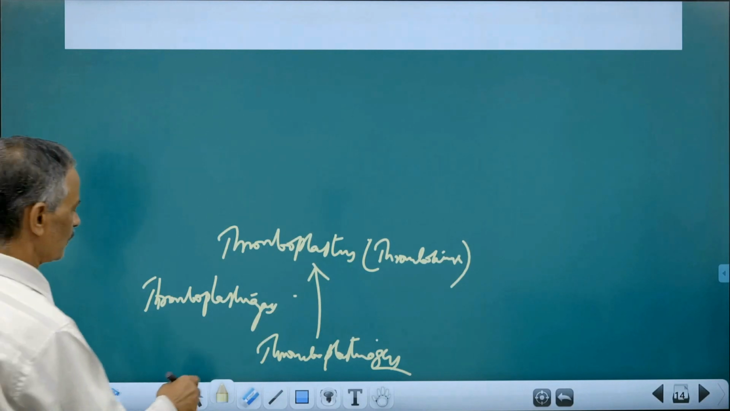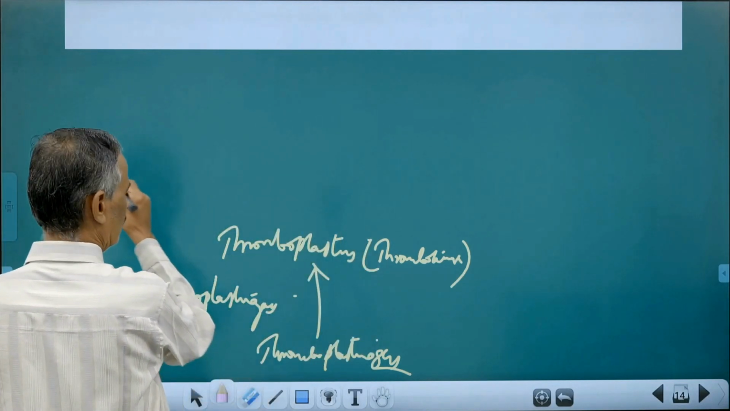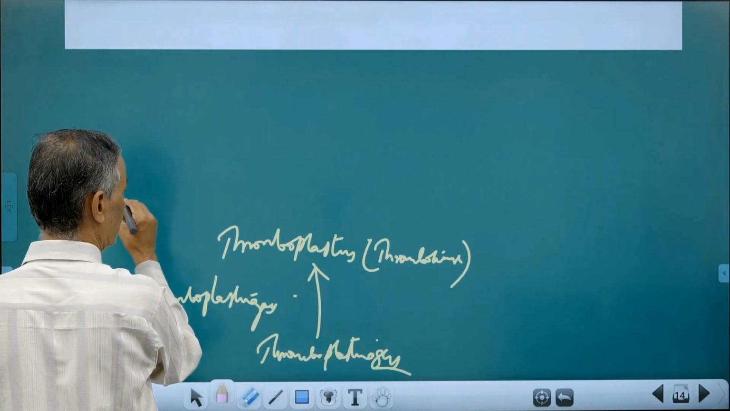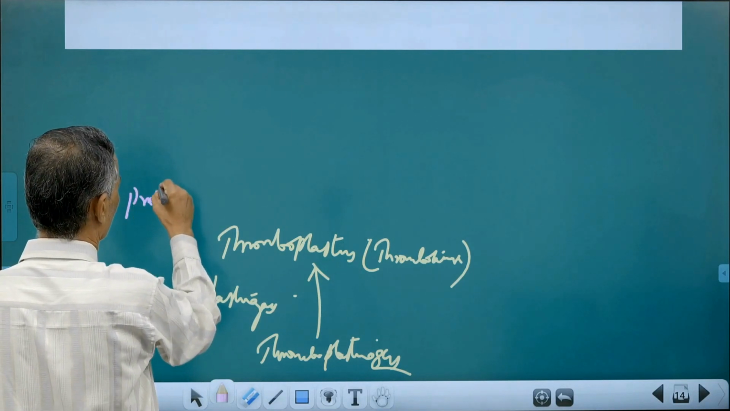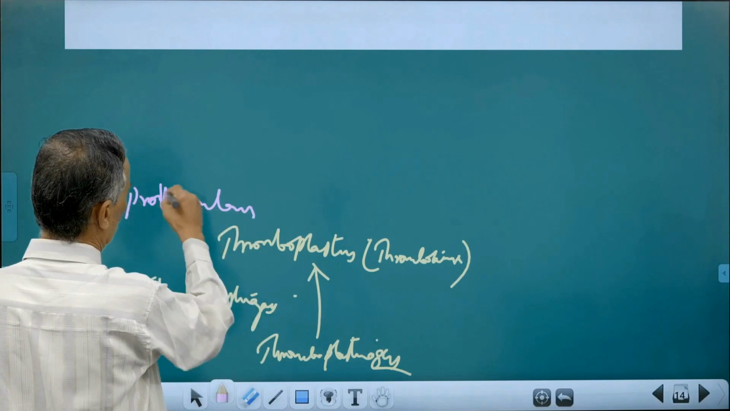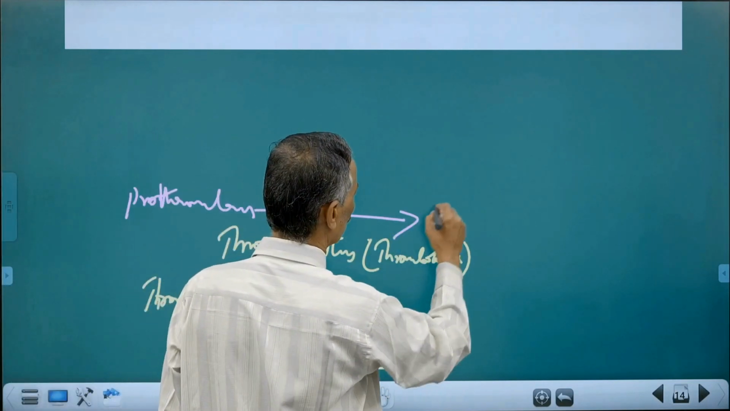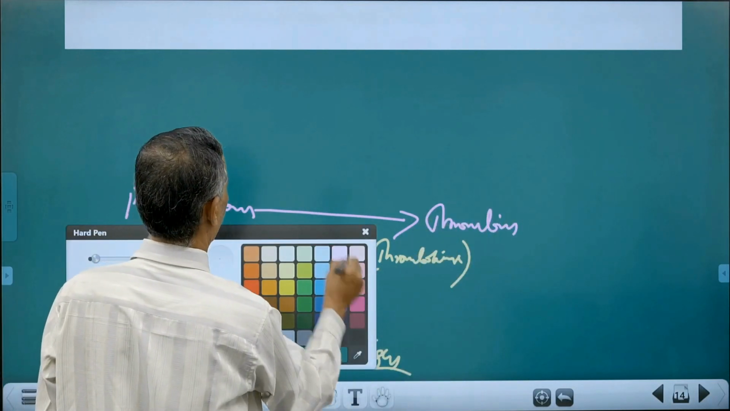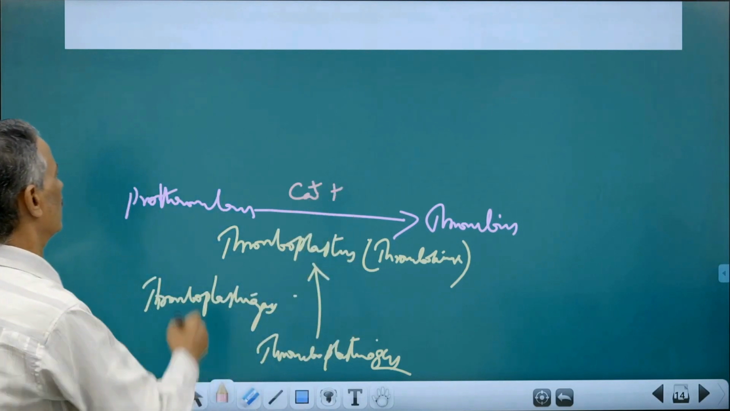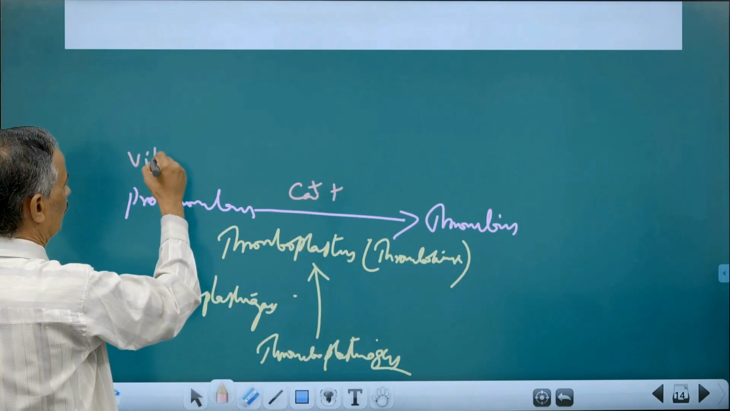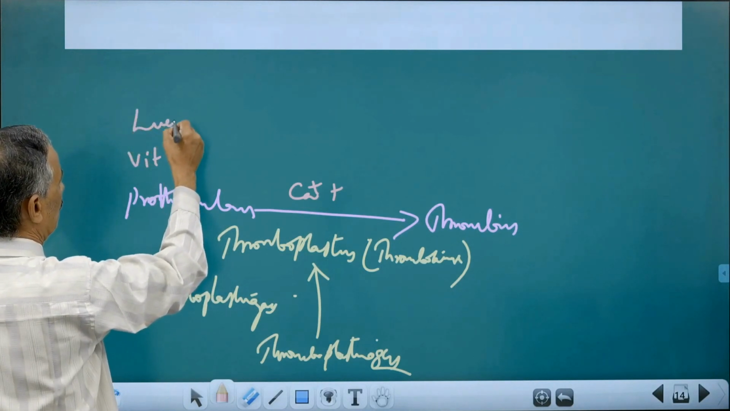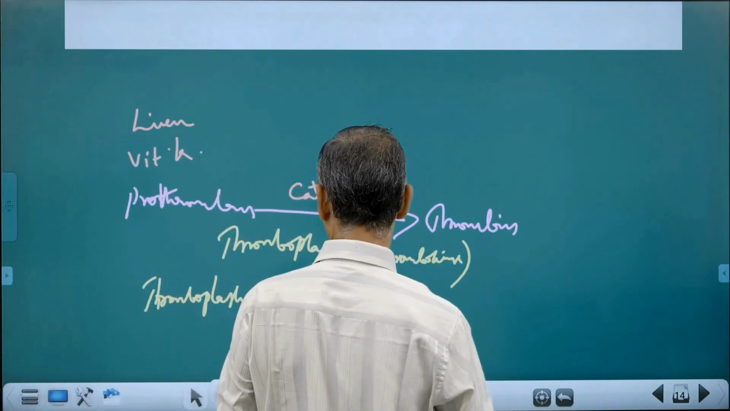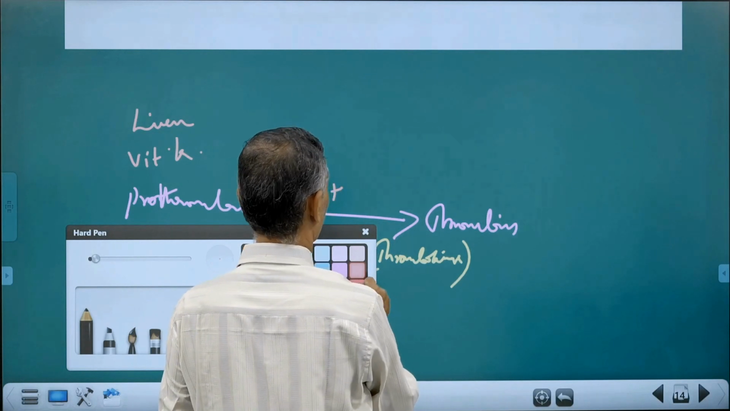This thrombokinase acts on a protein which is present in inactive form in blood, produced by the liver under the influence of vitamin K: prothrombin. This prothrombin, which is inactive, is converted into active thrombin in the presence of calcium. Prothrombin is produced under the influence of vitamin K. So, it is in the liver that prothrombin is produced. Okay. Once thrombin is produced, the thrombin will be activating the next